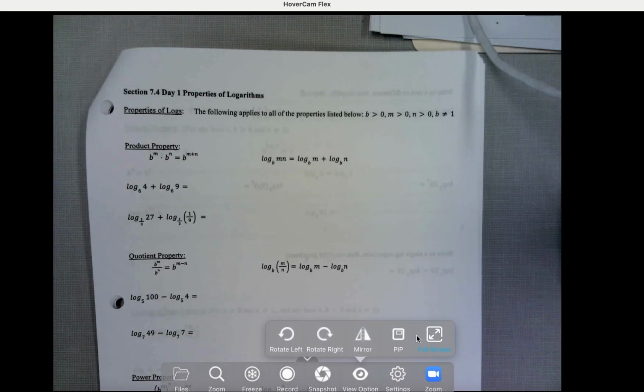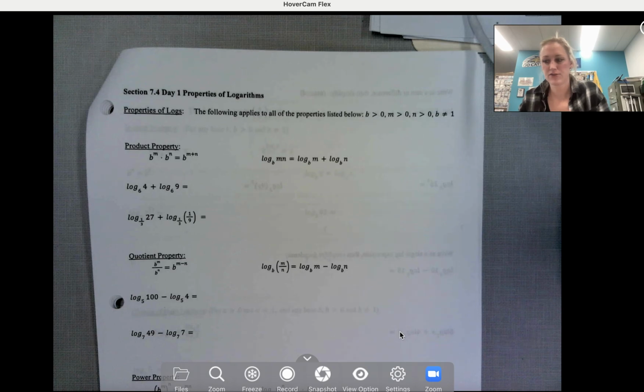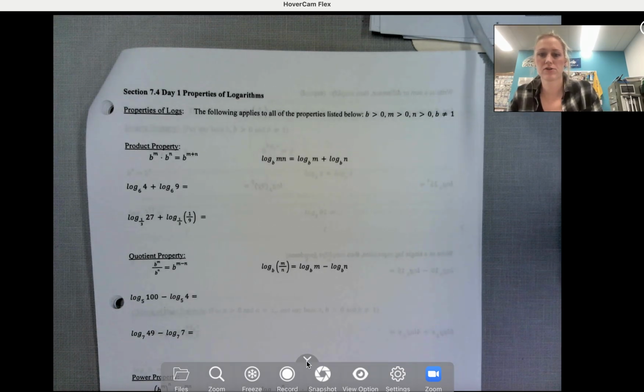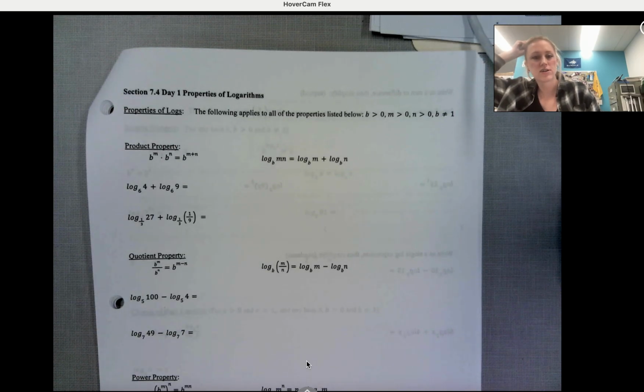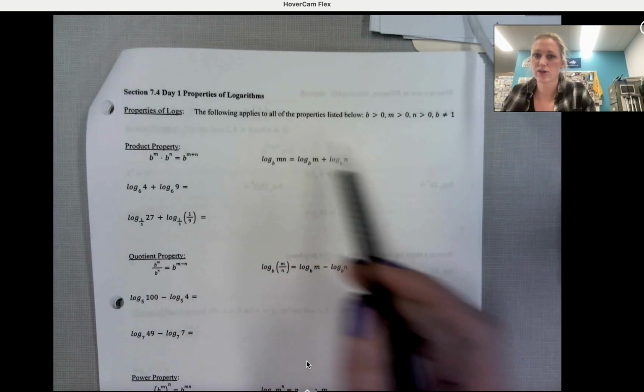Hi guys, in this video I'm going to be looking at some properties of logs. So we've learned to evaluate logs, how to write logs in exponential form, and vice versa. And so today we're going to look at some additional properties involving some operations. Okay, so this is just kind of a generic rule that